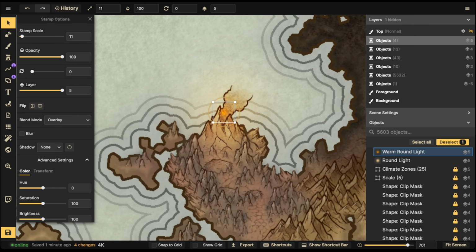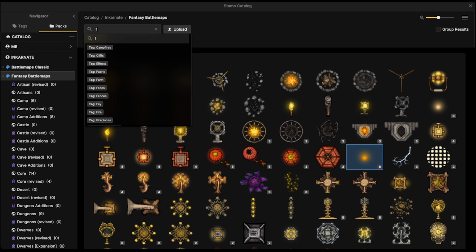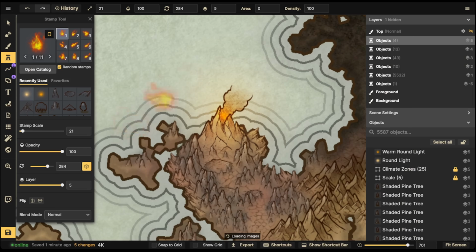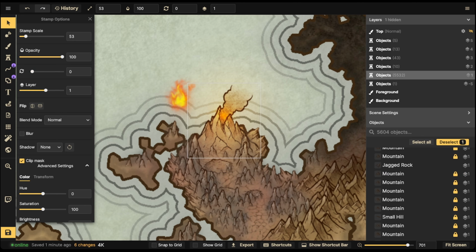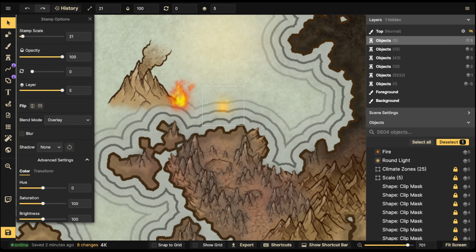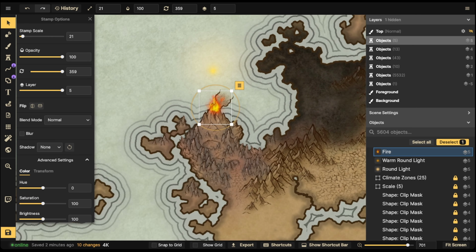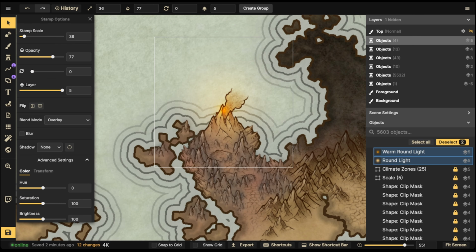So I might want to consider, I could even add in a flame of some kind. I think it's under fire, my mistake. There should be this hellfire right here. If you don't want to use a light source because you don't like the light source, you can always move those and then do the flame instead. You can put a flame right there like that if you want to. It's up to you. I prefer the light source over the flame, but I think that just gives it a little bit extra touch. I'll even make this orange one just a little bit bigger just to give it